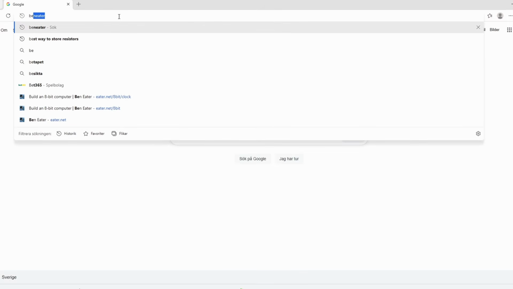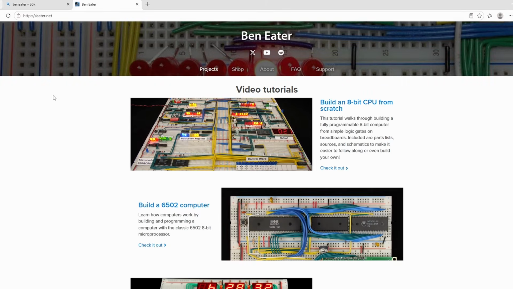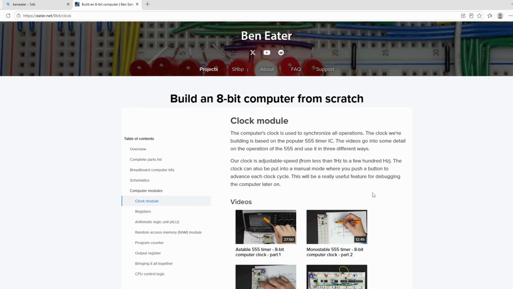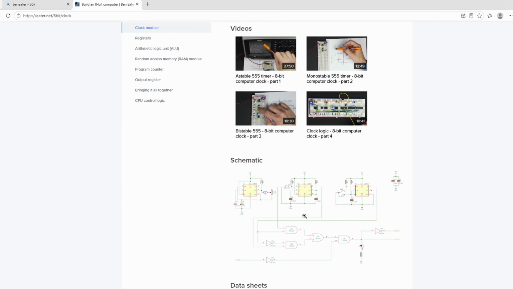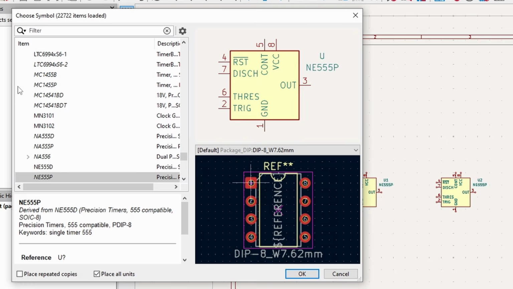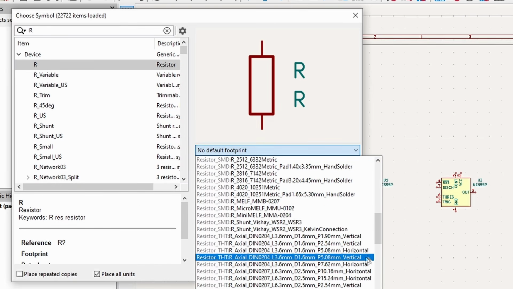Rather than trying to redraw the entire breadboard circuit from the get-go, I decided to start by recreating Ben Eater's clock schematic. Not because I wanted to copy his design forever, but because it let me learn how KiCad actually works without worrying whether or not I draw the circuit correctly. Instead, I could focus on learning the process one step at a time. How to find the components, how to connect them, how symbols and footprints worked, and how KiCad expects the schematics